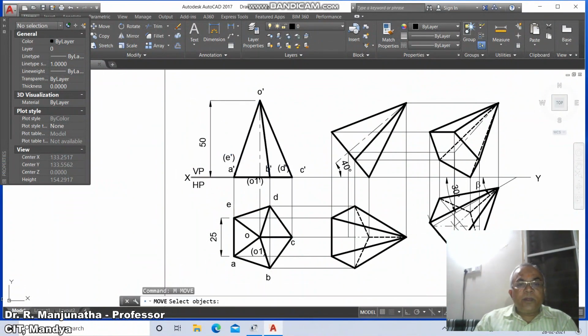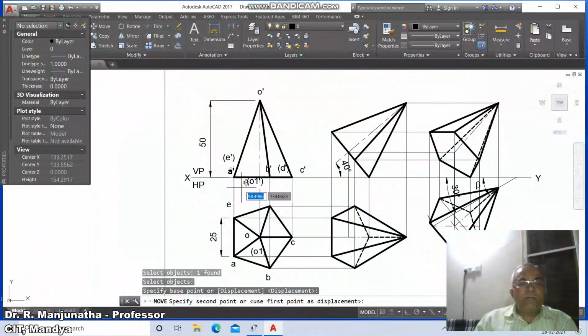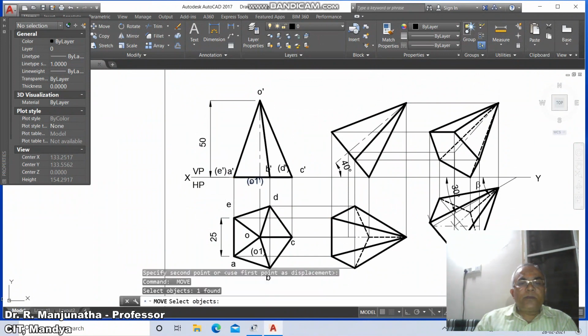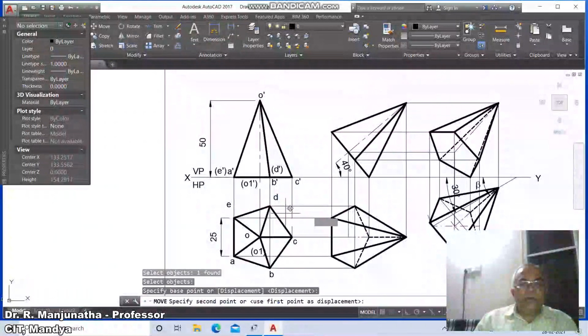Then go to move, select a dash, and here it is e dash, here it is o1 dash, here it is b dash, here it is d dash, here it is c dash, here it is o dash, here it is a, here it is b, here it is c, here it is d, here it is e, here it is o, here it is o1.